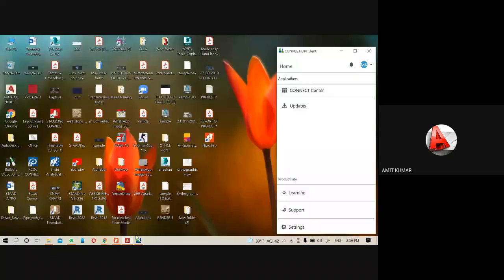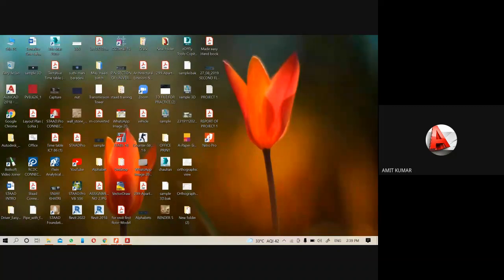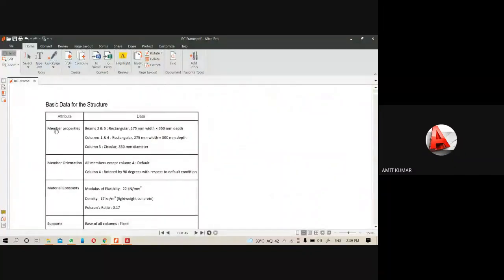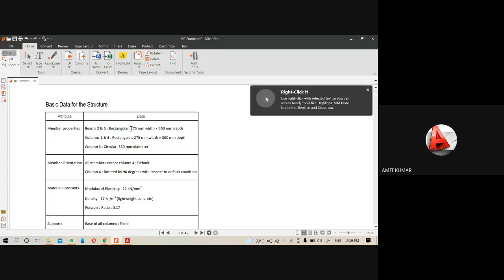Next thing, you have to provide the properties. So here in the properties, let's see everything. Member properties: beam number 2 and 5 is of rectangular shape with the property of 275 by 350 mm.